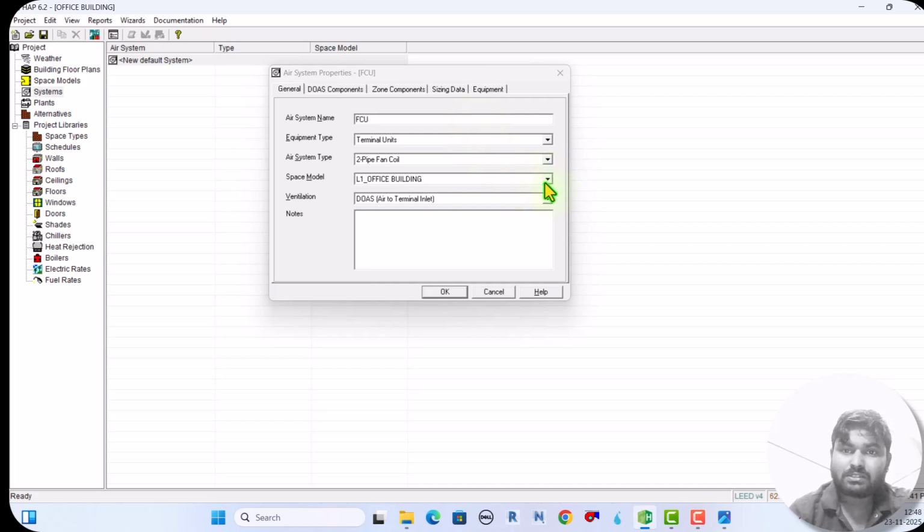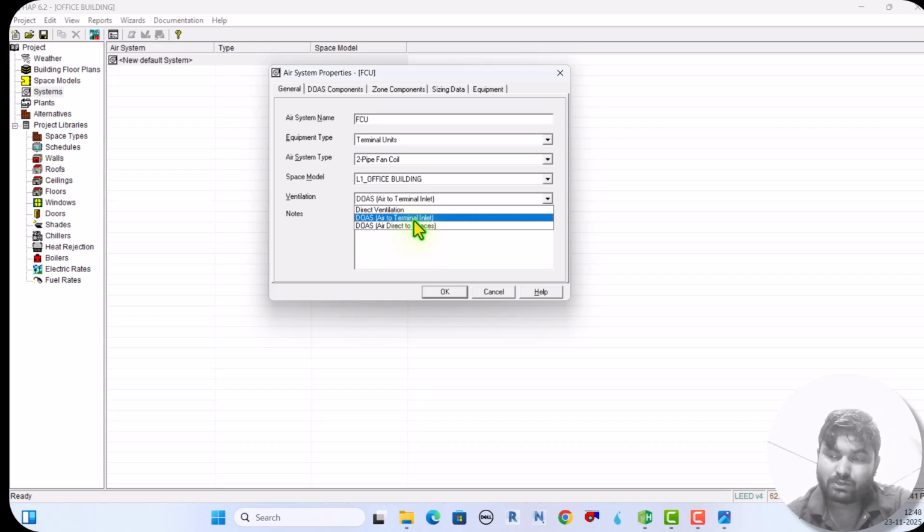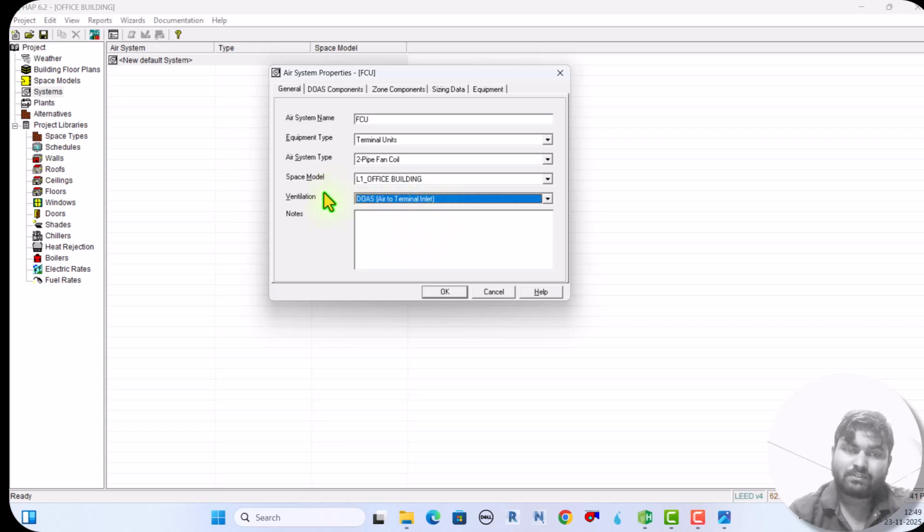If you did not, then just comment below and I will share some images with you after sketching. Okay, so I'm using an air to terminal unit here. It means the ventilation air, the outside air, I'm taking at the back side of the FCU. Okay, although it will not affect anything, in the ventilation calculation it will affect, of course. See, so here I'm using a dedicated outside air system. Okay,